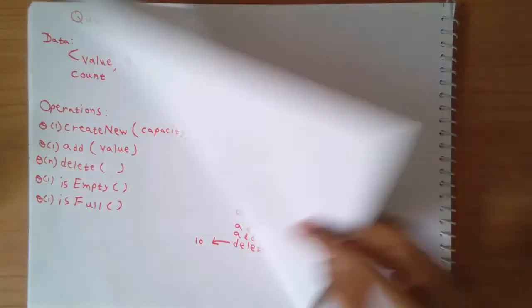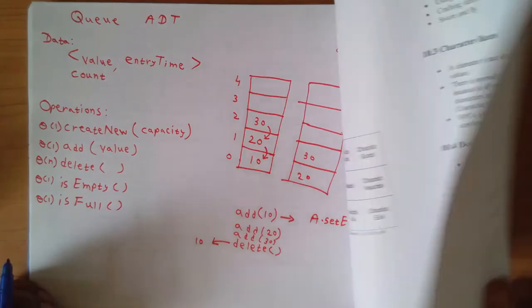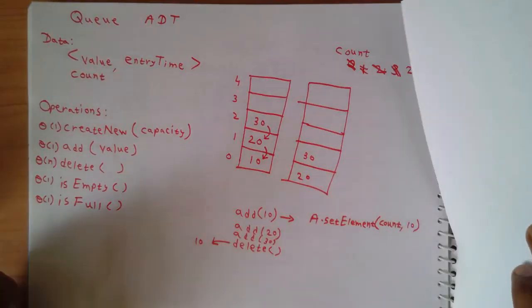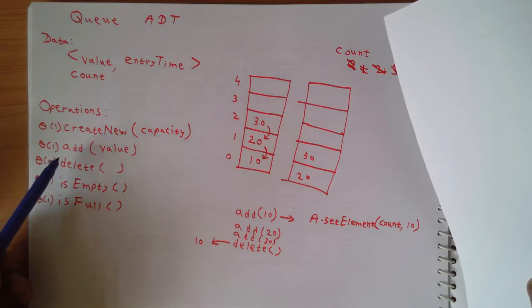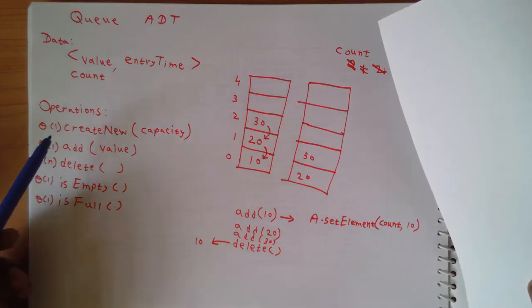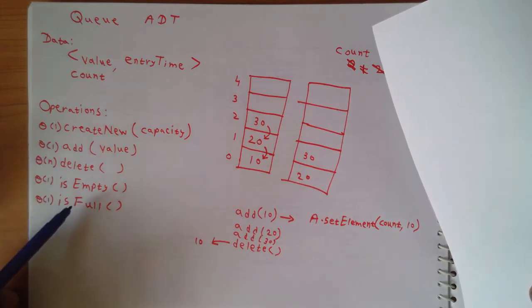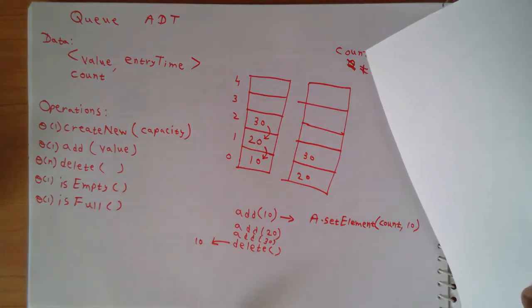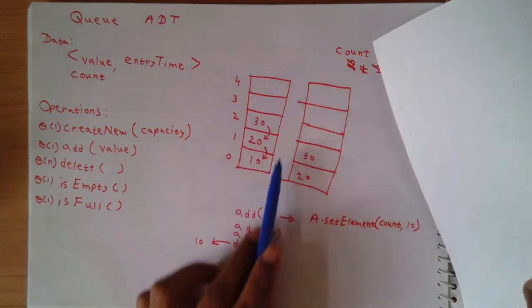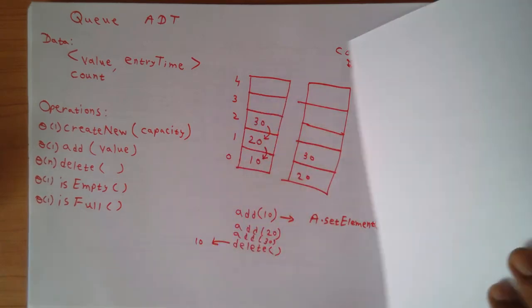Now let us talk about implementing the various operations that we defined for Q as the abstract data type. If you remember, we had four operations mainly: add and delete, create new, and empty or full. So total 5 operations. And we said that we are going to implement our Q with an underlying array to store the values. Okay, so now let's have a detailed algorithm.